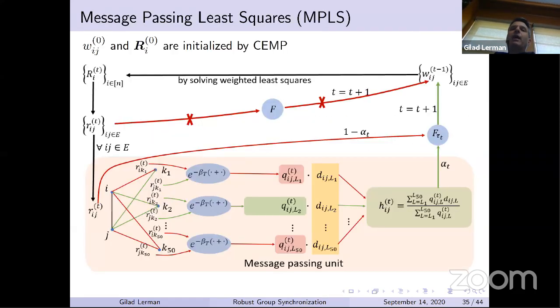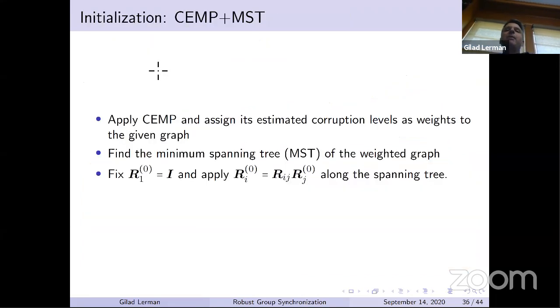So just to say how we initialize it, they say the weights and initial rotation are initialized by CAMP. What do I mean by this? We apply the CAMP algorithm. CAMP only gives me corruption levels. So now we have the graph whose weights are these estimated corruption levels, and we find the minimum spanning tree